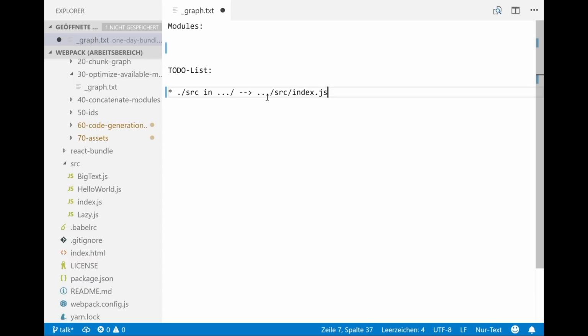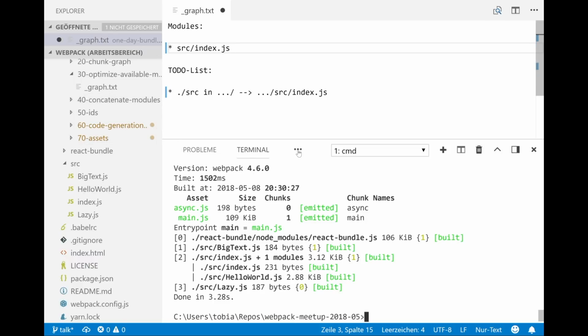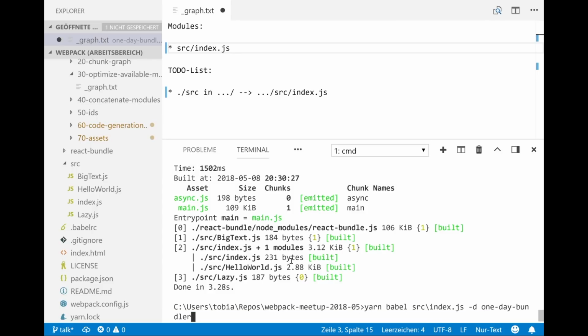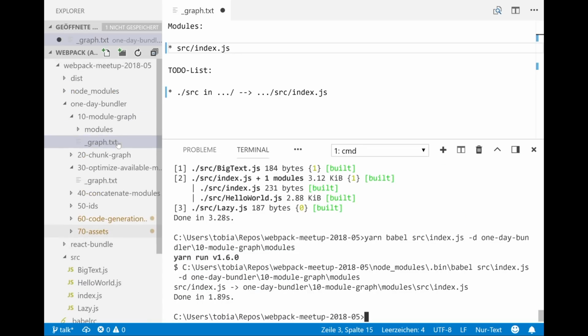And the next step is to add this module to the module graph, but not this, because we have to use Babel. To use Babel, I use Babel instead of the Babel loader, and transpile this module, only one, because Webpack also only knows about this module at this time. We transpile it into my folder, in this module graph modules folder. So transpiled, awesome. Now we can open this module after transpilation and parse it.